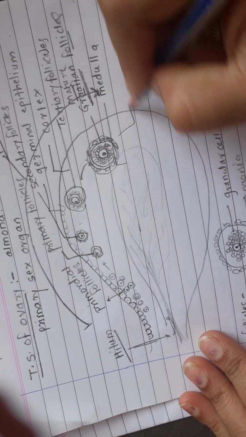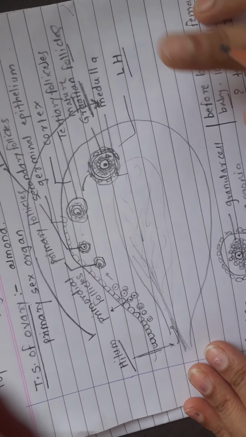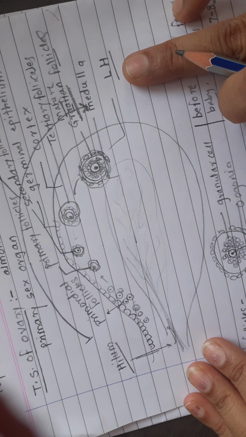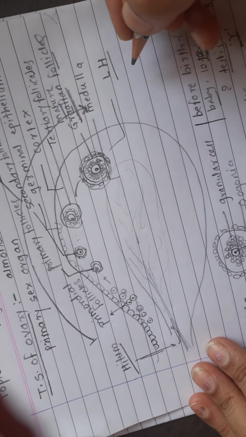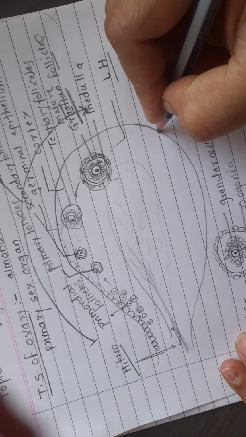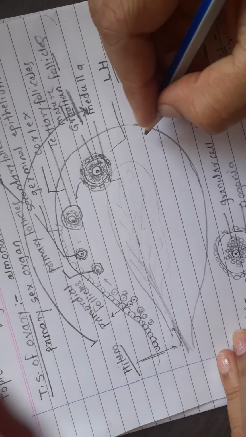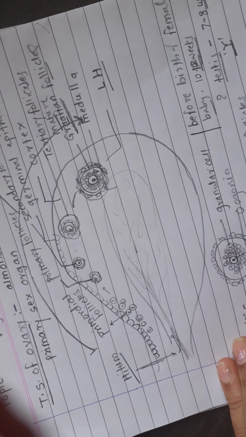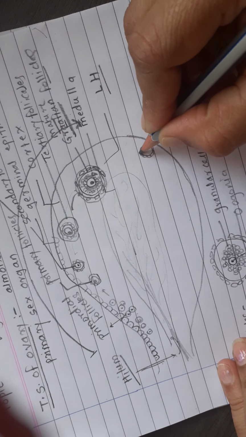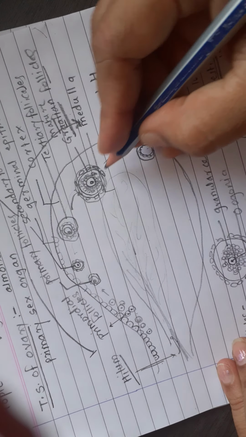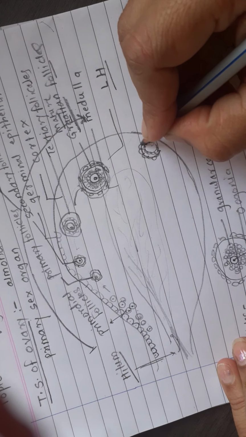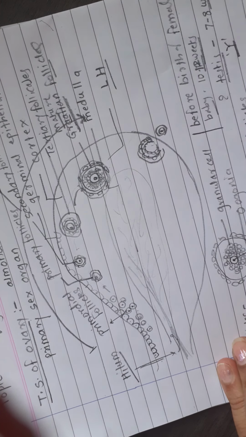Due to LH, luteinizing hormone, there is a sudden increase in the secretion of LH by the pituitary gland. So the mature Graafian follicle comes near the wall of the ovary and suddenly breaks and bursts. So there is release of a mature egg or ova from these Graafian follicles.